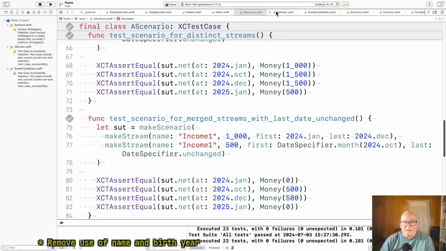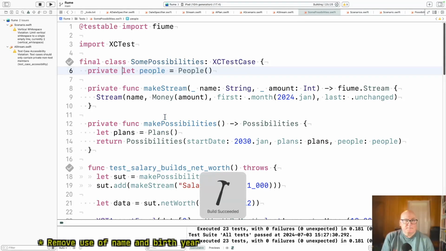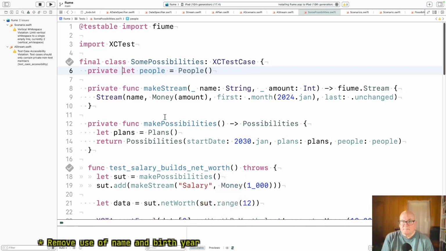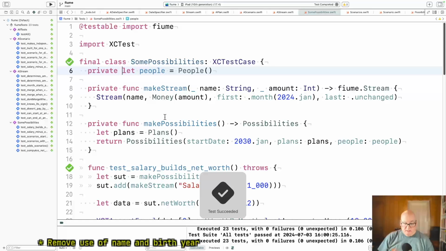I think I should have another private violation because I added them somewhere. Was it some possibility? Good.